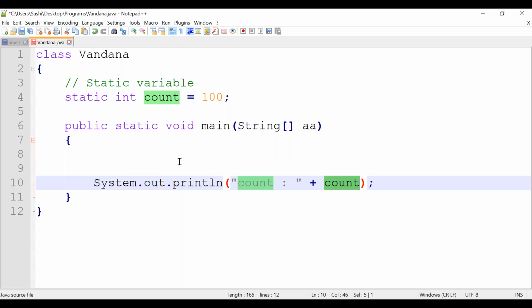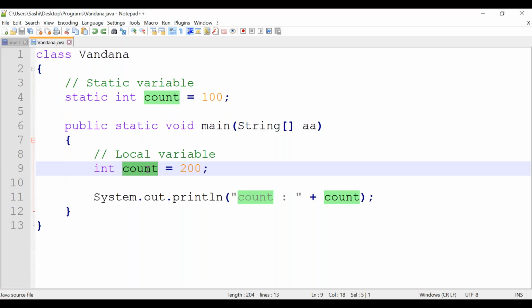No. Then it checks, is there any static variable with the name count? Yes. Then preference goes to the static variable. This comes into picture when both variable names are the same.